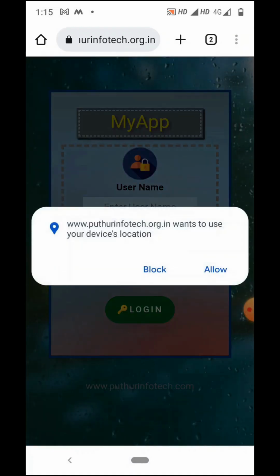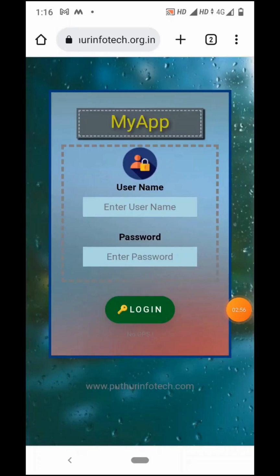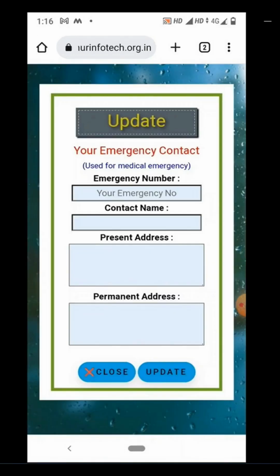So before login, the system will ask you to allow for device location, so you should always click on Allow because My App is GPS location locked, and if your GPS location is on, only then attendance punching will happen through My App. So the system will analyze whether you have reached that particular location, site or office by capturing your mobile's location.